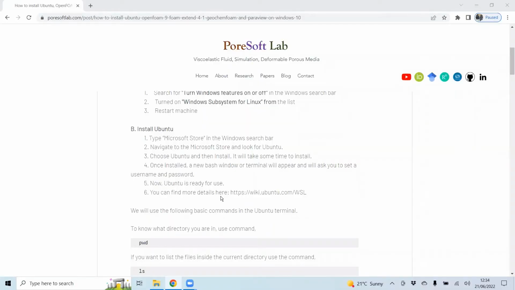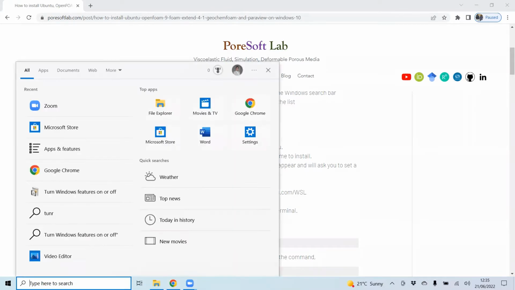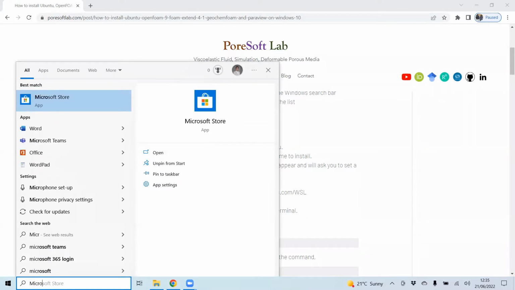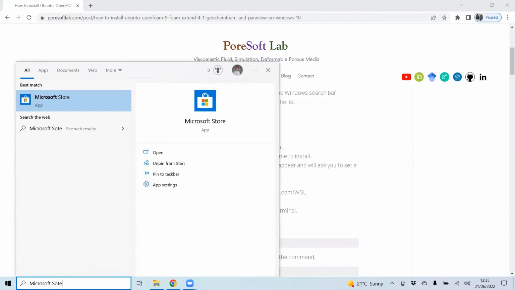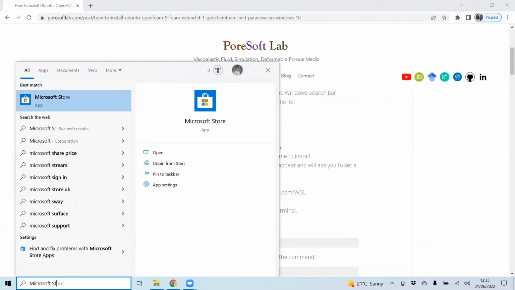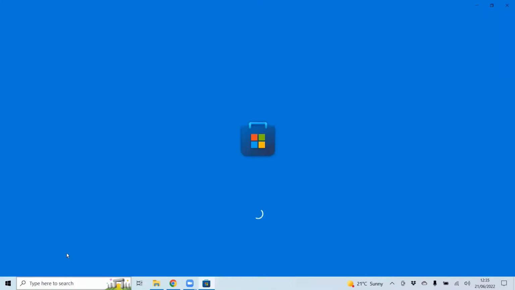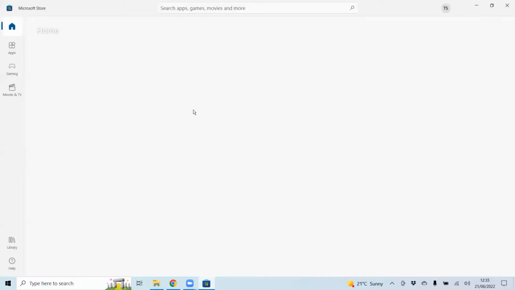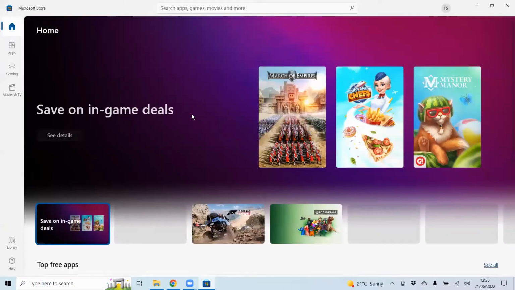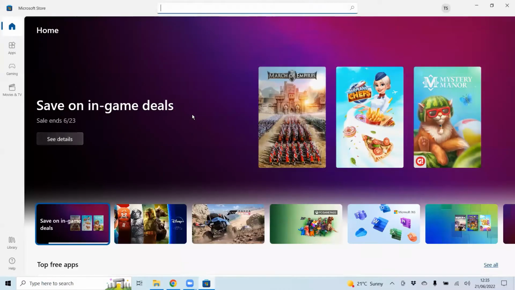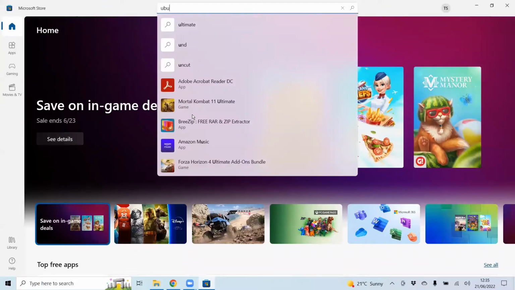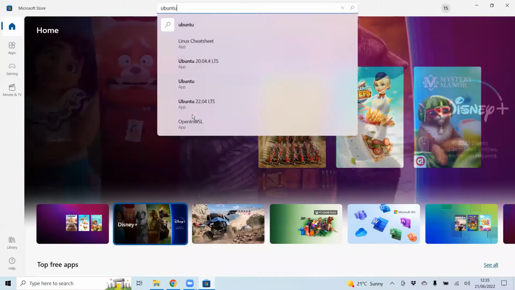So friends, I restarted my machine and now we are ready to install Ubuntu on Windows 10. To do that, go to the search button, type Microsoft Store and press enter. Once you do that, the Microsoft Store will open. Go to the top, type Ubuntu and enter.